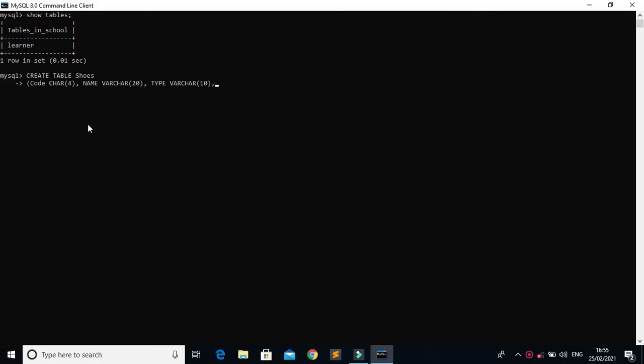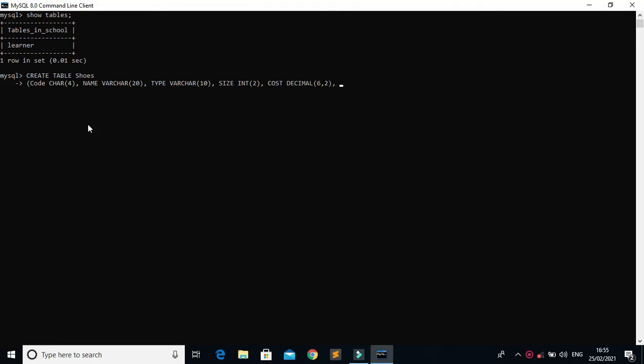Again comma, and the next column is size and the data type is integer, that is int, and the size will be 2, comma, and the next column or field is cost and the data type is decimal and the size 6,2. Okay, we are giving the decimal points also, like 2 decimal points.